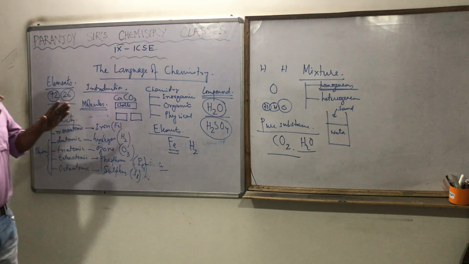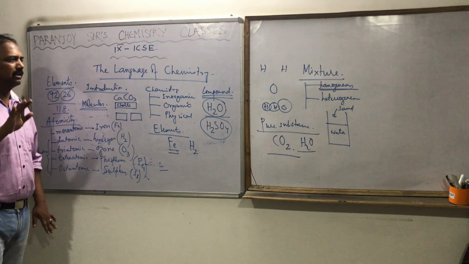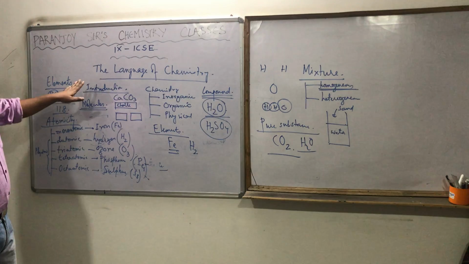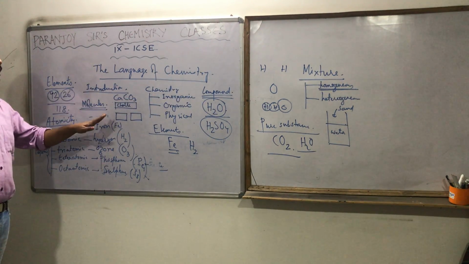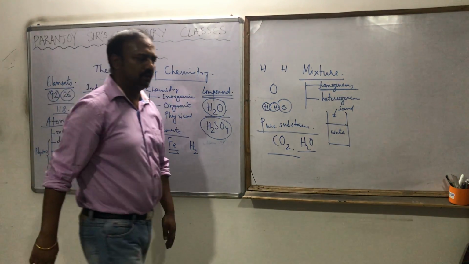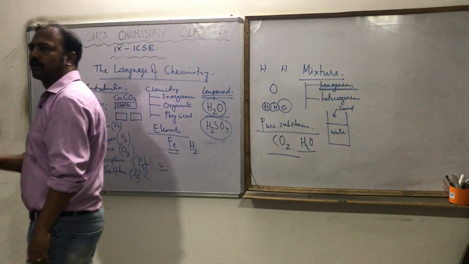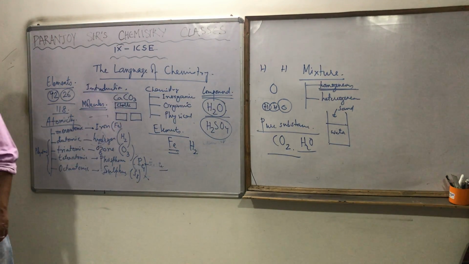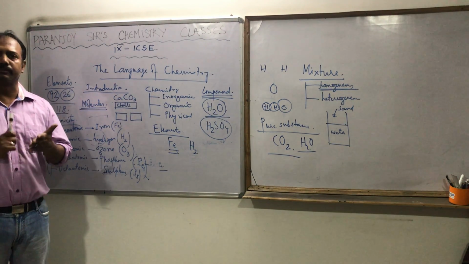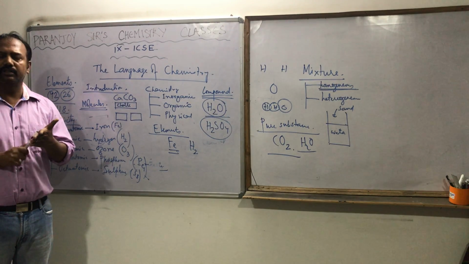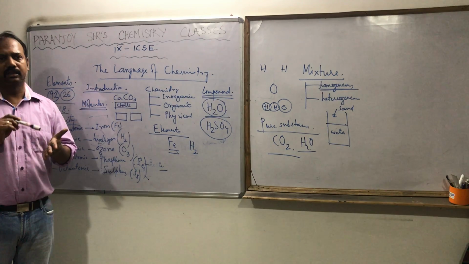Now, today, what we studied, I am just going to recap it and end here till next class. The first chapter is the language of chemistry. The first thing we understood is what chemistry is. CSP: composition, structure, properties. It is the branch of science where we study the composition, that is what is present, structure, how they are present, and properties, both physical and chemical, of the substance.